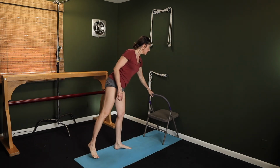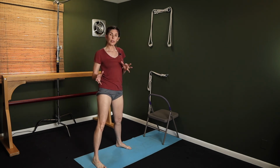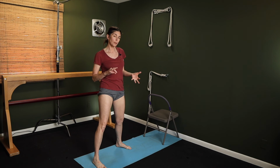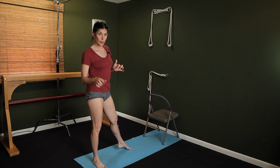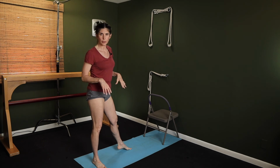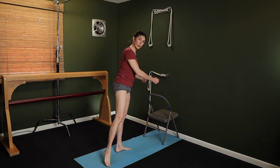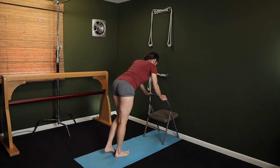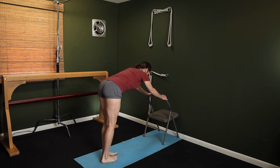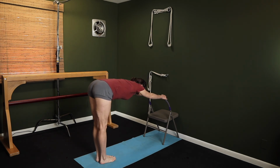Okay. Now, from here, we're going to be transitioning between like a downward dog shape to an upward dog shape. So watch the first round and then we'll do like 5 of them, okay? But watch how I'm going to set it up. I'm going to hold on to the corners of the backrest again, right? Then I'm going to walk my feet back and pull my hips back so that I gain length in my